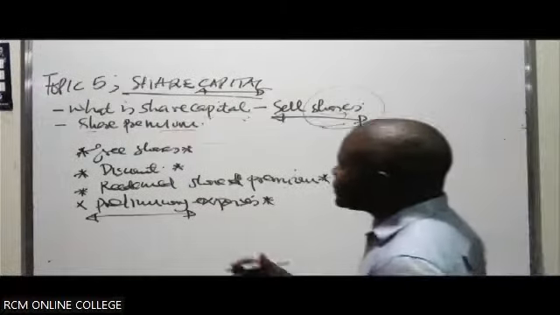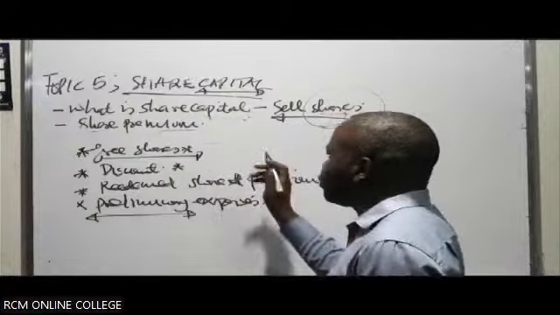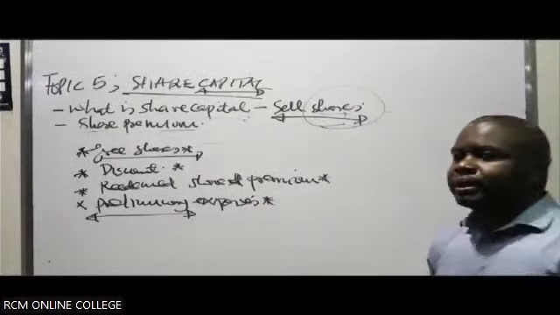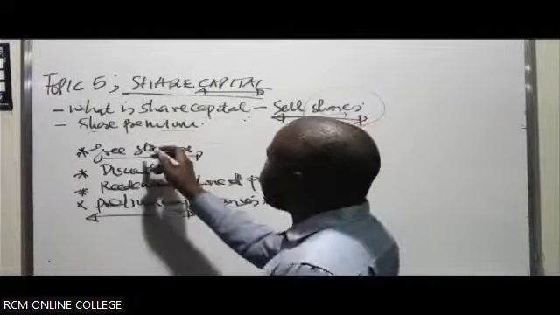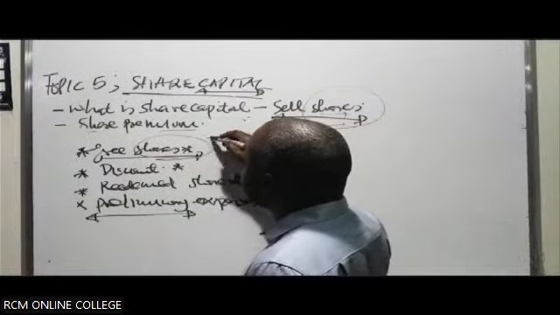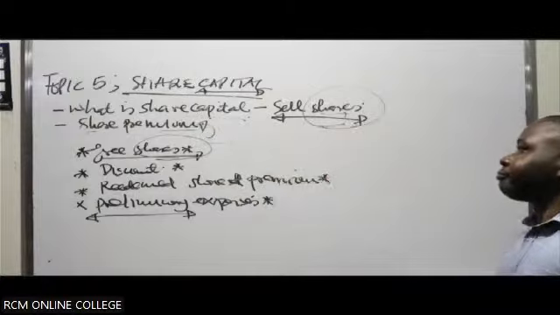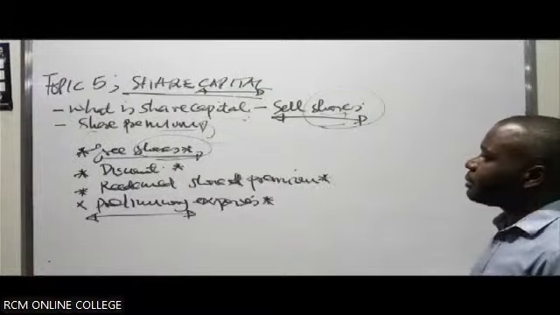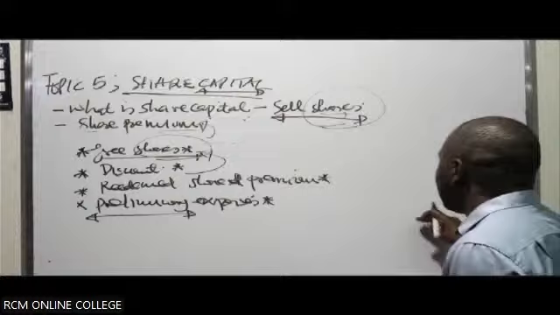Expenses. If you've issued out some free shares, maybe to promoters, maybe to the most performing employee of the company, you can get the amounts to cover for these free shares from what? The share premium. From the share premium. Maybe you've issued some shares at a discount. Now, at a discount is the opposite.